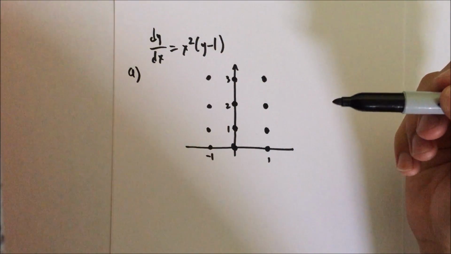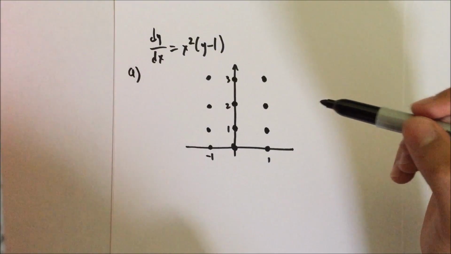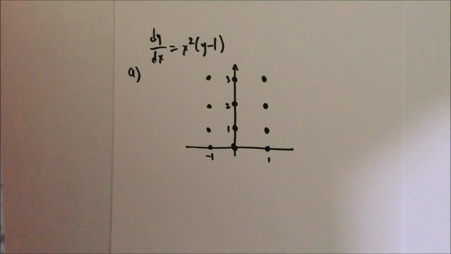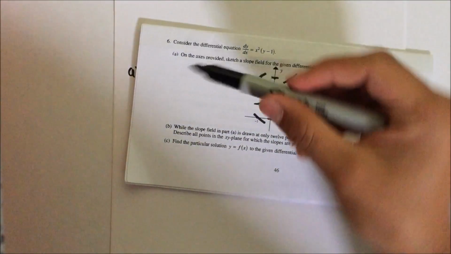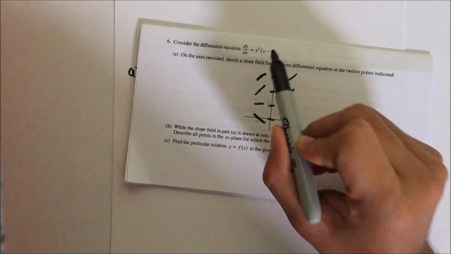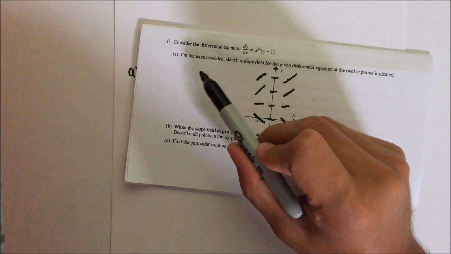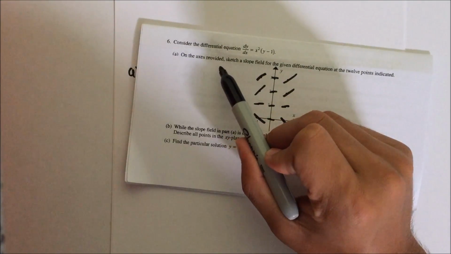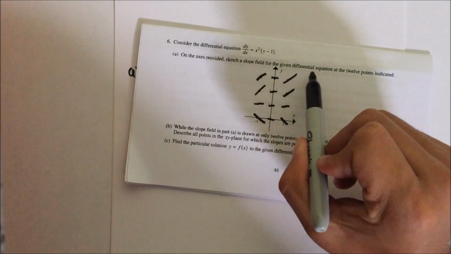So this is the 2004 AP Calculus AB FRQ question 6. The question is saying, consider the differential equation dy/dx equals x squared times (y minus 1). And question part A is asking, on the axis provided, sketch a slope field for the given differential equation at